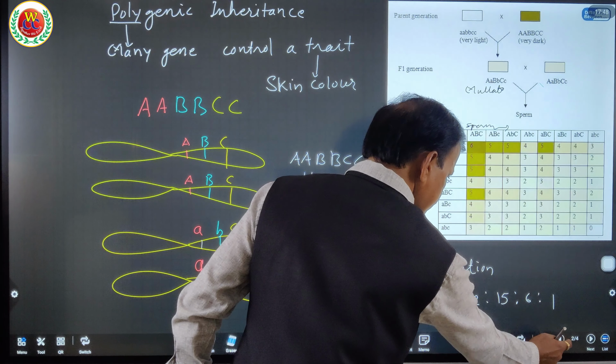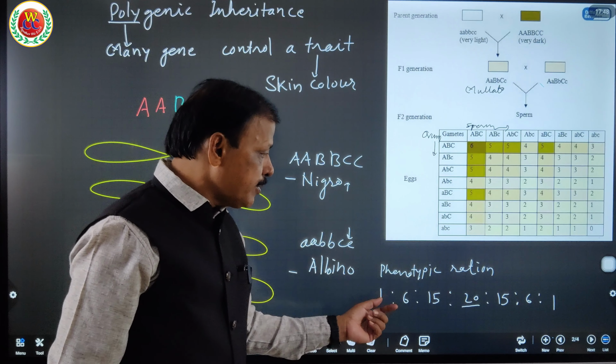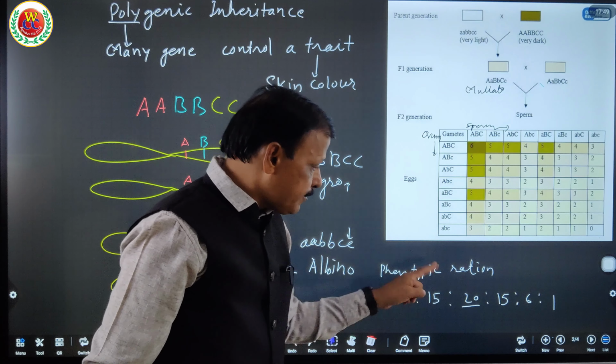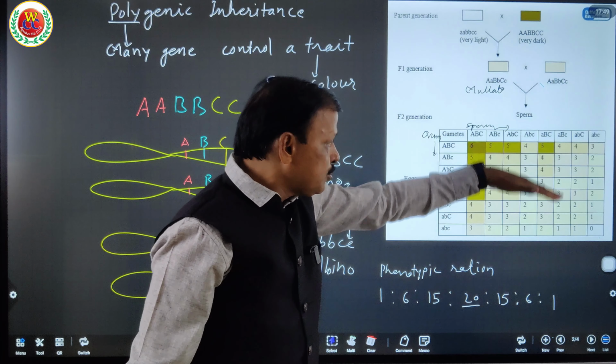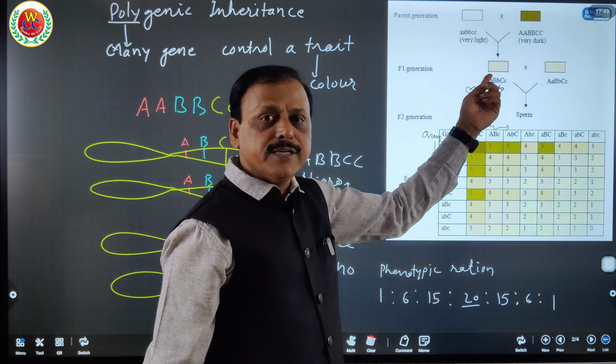Once again, the same diagram to understand here: the number of genes that were dominant is 3, and intermediate. How many phenotypic combinations will there be? The number of phenotypic combinations will be 20, and therefore out of 64, 20 will be mulatto, 1 will be Negro, 1 will be very light, and this is the phenotypic ratio we obtain through this cross in the second filial generation. In the first filial generation we obtain a person with mulatto color, who marries one with the same genotypic combination, producing these 64 combinations, that is the F2 generation, with